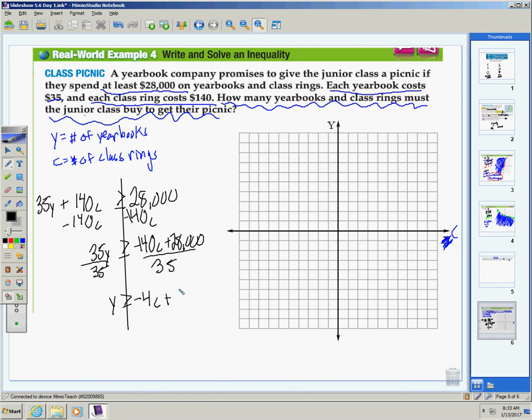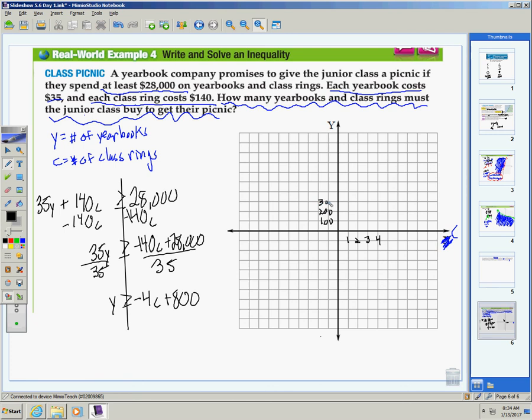And now here's where it gets a little tricky to graph these, okay? Because I don't want to go up to 800 on my y-axis, but what you can always do is change the scale. So I'm going to say c is just going to go up by 1, 2, 3, 4, but I'm going to say my y-axis goes up by hundreds. 100, 200, 300,